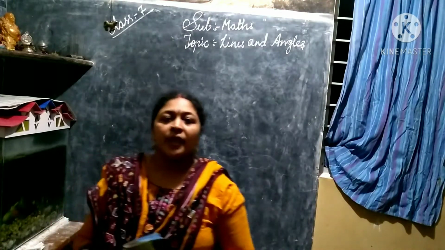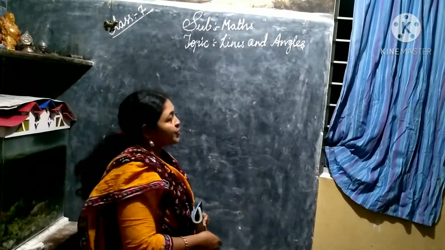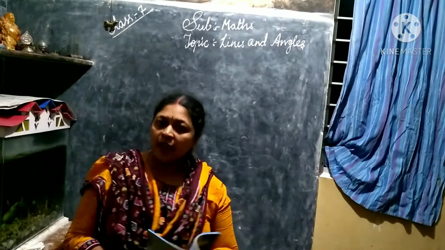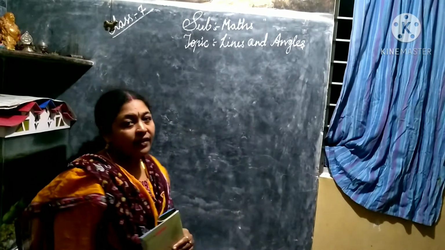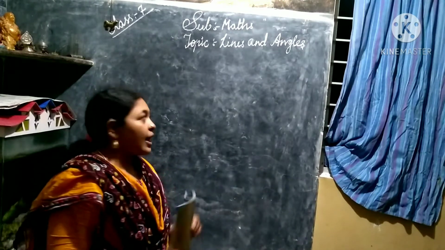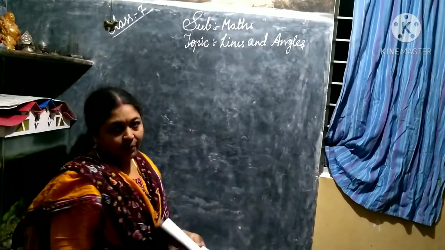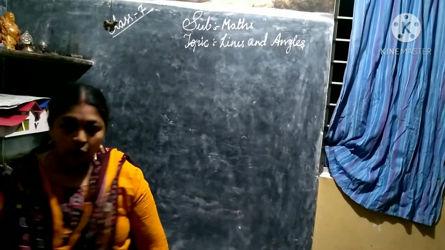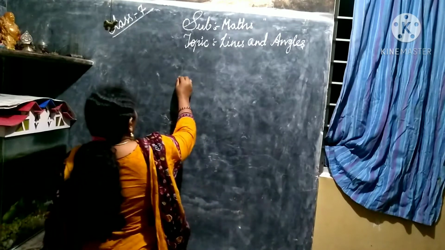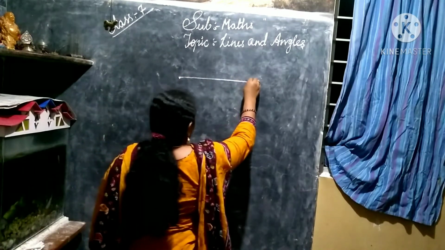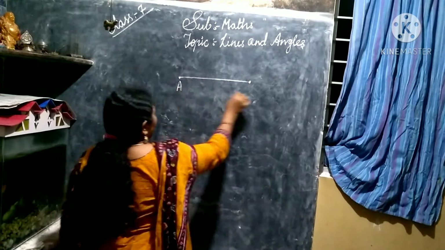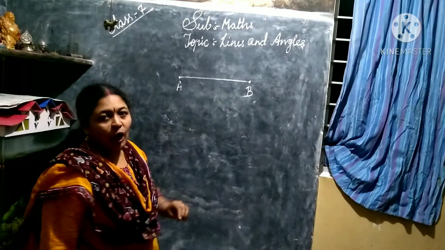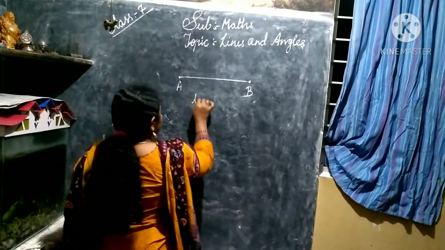Good morning, children. Here we move on to chapter 5, that is lines and angles. So before getting into the chapter, we have learnt in our 6th standard what are lines, what are line segments, isn't it? We'll go for a small brief recall. As we know, a line between 2 points, let us name it as A and B. The line between 2 points is called a line segment.